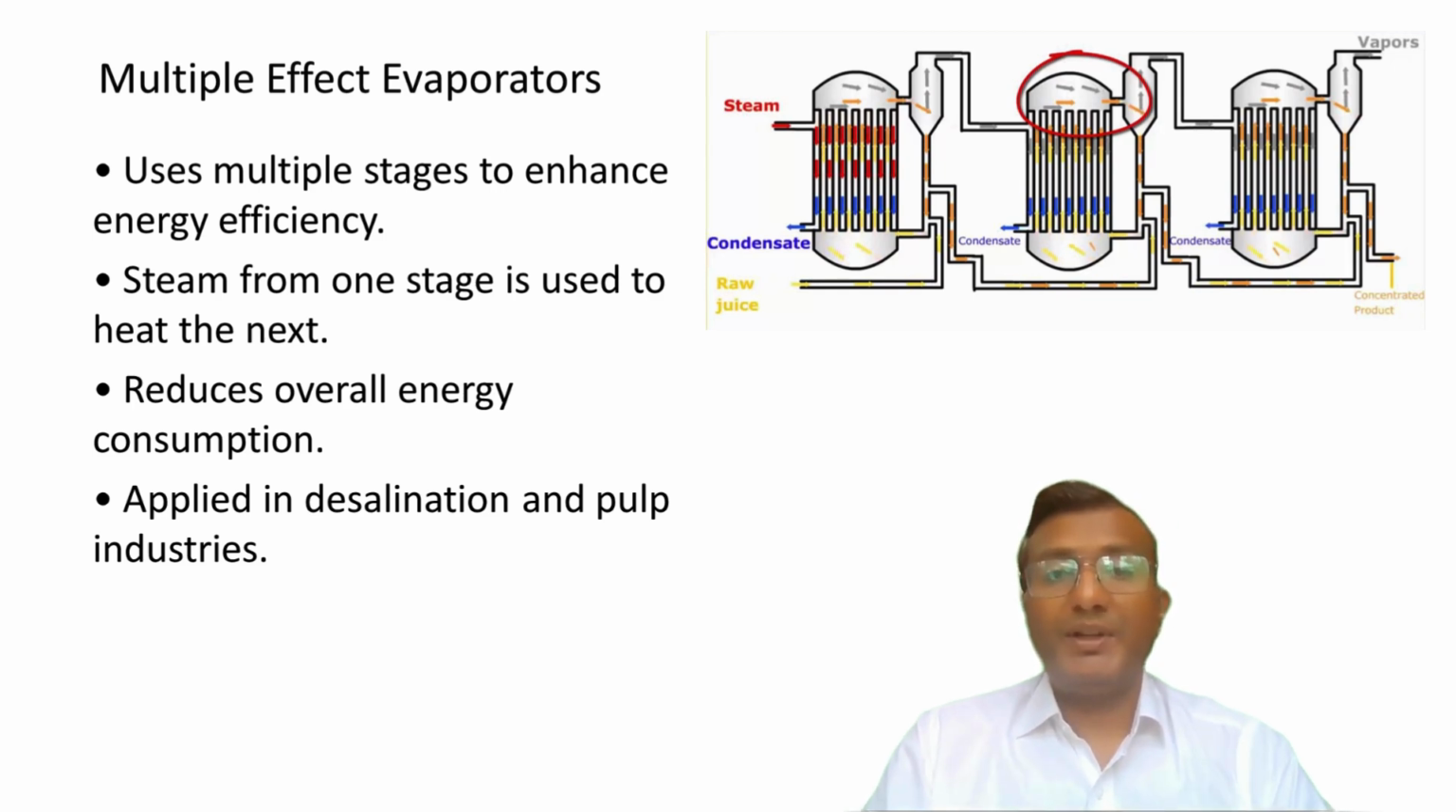Multiple effect evaporators improve energy efficiency by using multiple stages or effects to evaporate liquid. In each stage, vapor generated from one evaporator is used as the heating medium for the next, reducing overall steam consumption. For example, in a triple effect evaporator, steam heats the first stage and the resulting vapor heats the second, and so on. This cascading process significantly lowers energy cost, making it ideal for large-scale applications like